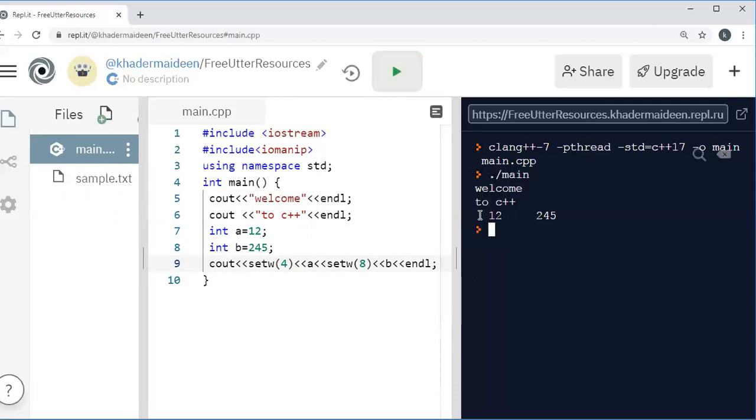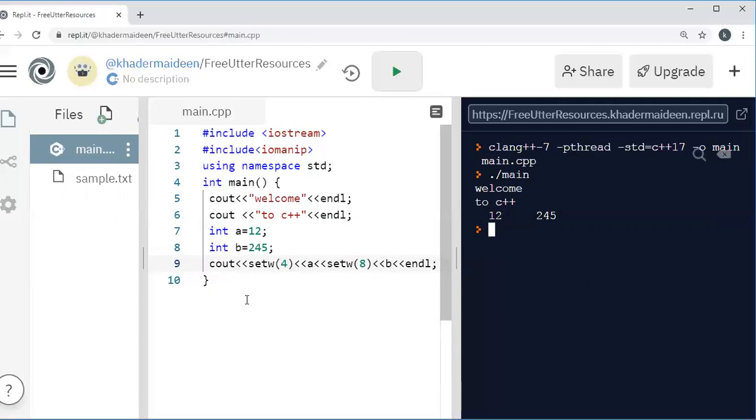You see that here 2 spaces are there because I am defining the width as 4, and the digit is 12. Therefore, the remaining 2 spaces are here. And the width is 8, the digit is 245. Therefore, 5 spaces between them.